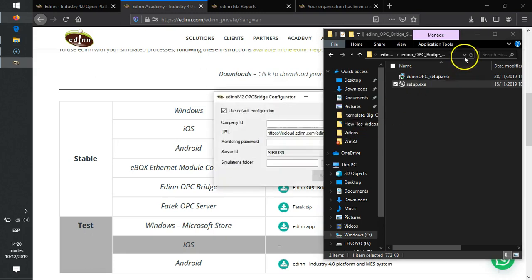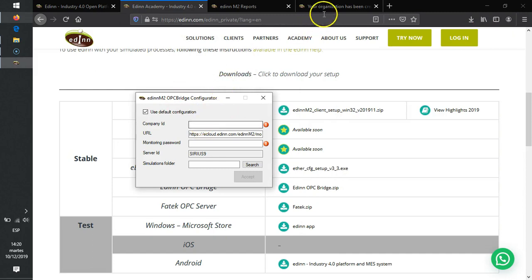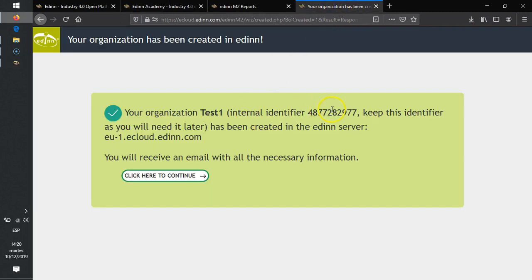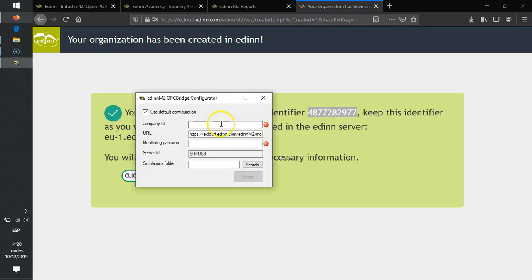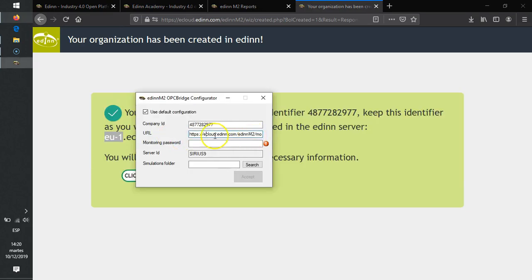Yes. And now it requests from me a company ID. The company ID was given to me after creating the company. So I copy and paste. Then URL. The URL is also specified here. This is the URL of the server that I created the company in. So I see it is ecloud.edinn.com, but it has this prefix here, EU-1. So I'm going to put it here,